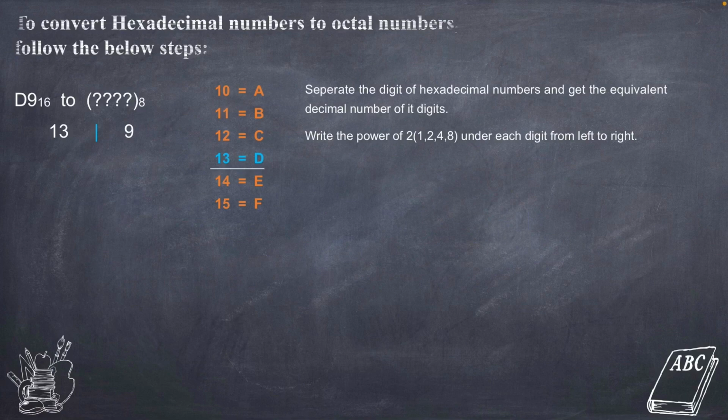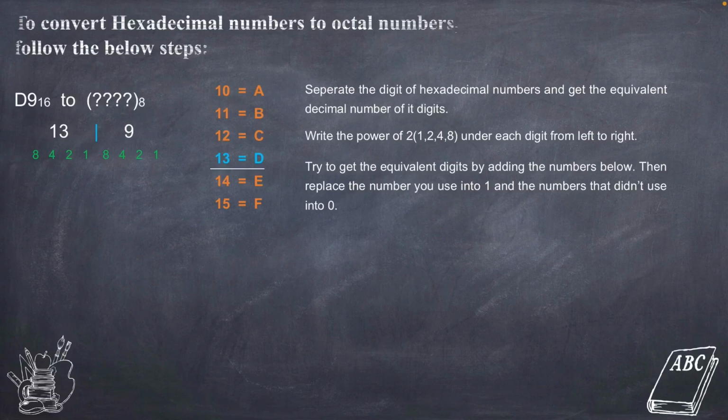Kaya sa 9 meron tayong 1, 2, 4, 8, at saka sa 13 meron din tayong 1, 2, 4, 8. Pasensya na kayo sa transition, medyo mahirap kasi gawin. Next is try to get the equivalent digits by adding the numbers below, then replace the number you use into 1 and the numbers that you didn't use into 0. So gaya lang to ng ginawa natin kanina, na dito sa